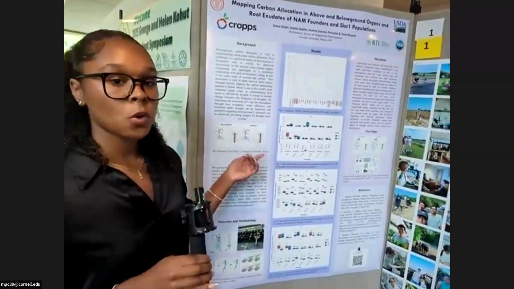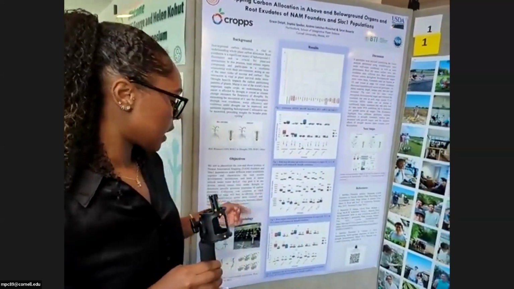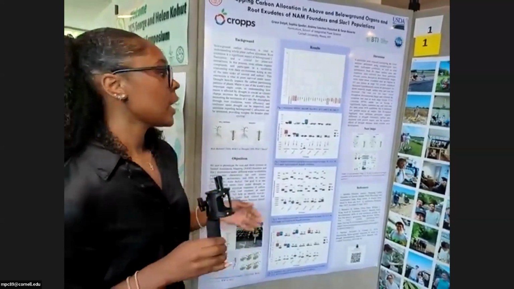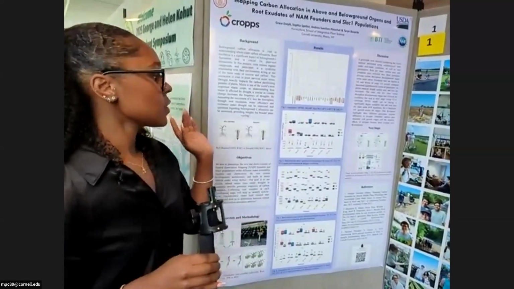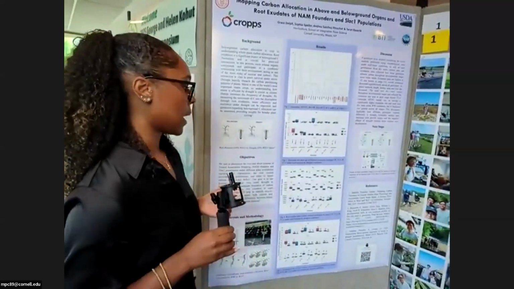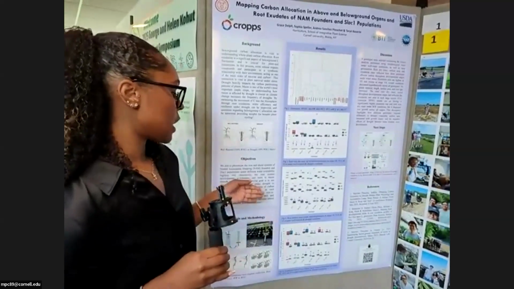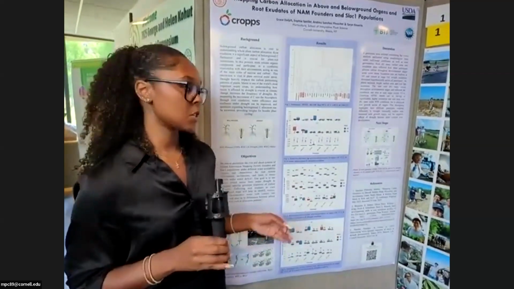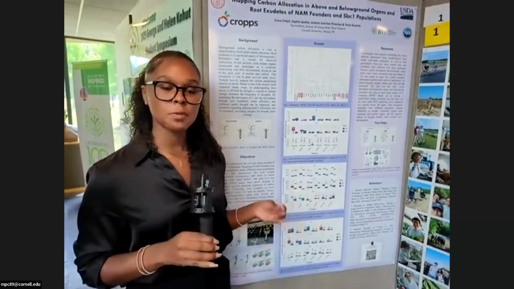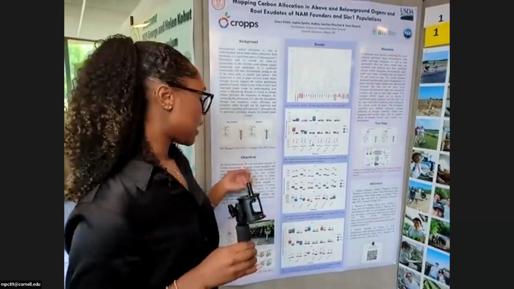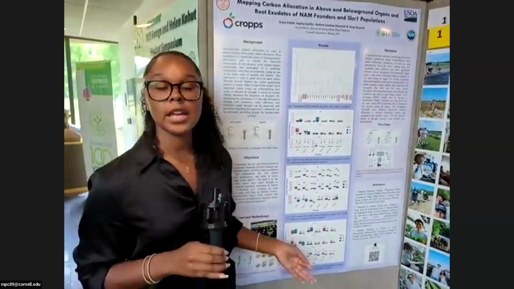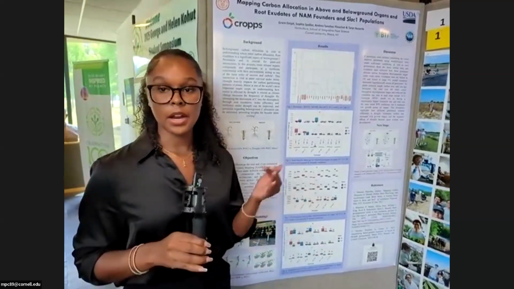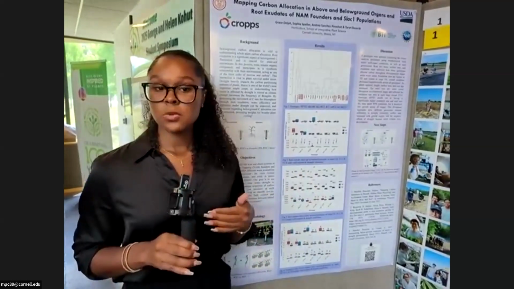I specifically looked at total root dry mass as well as surface area scaled and the exudation rate area. These results were all pretty much as expected, specifically with the surface area scaled. As the plants got into the later developmental stages, the surface area increased, which makes sense because the plant is growing. And the exudation rate area decreased as it got towards higher developmental stages, which is also